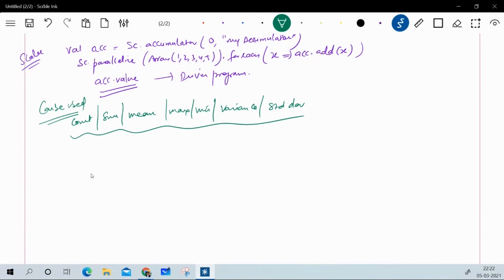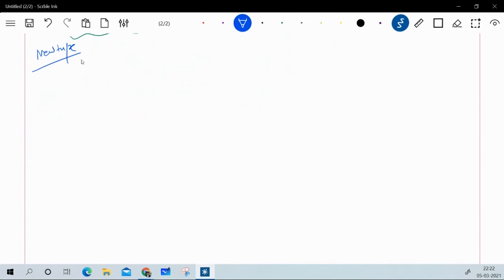Now let's say we have to create a new type. Let's see how we can create a new type. For creating a new type, we can create custom code by subclassing the interface called AccumulatorParam, and then we need to implement this one, and this contains two methods.